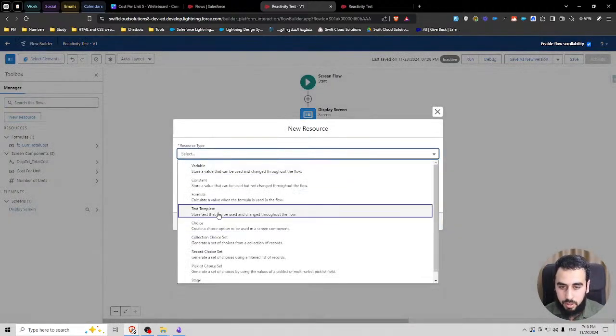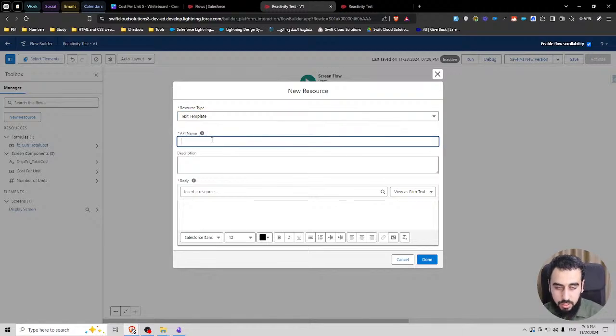All right, let's create a text template, and let's make this the formula that we just created. Let's make it green first without any reactivity. Sounds good, let's go with green first, and then let's see reactivity after.